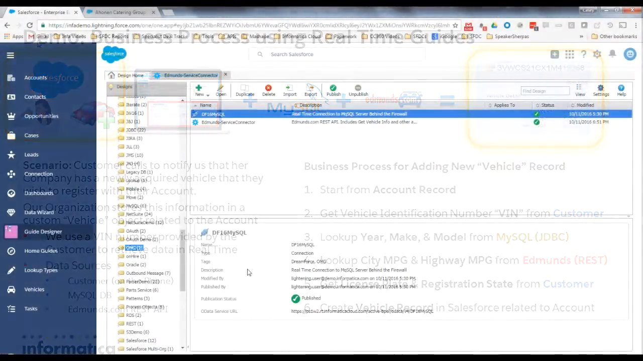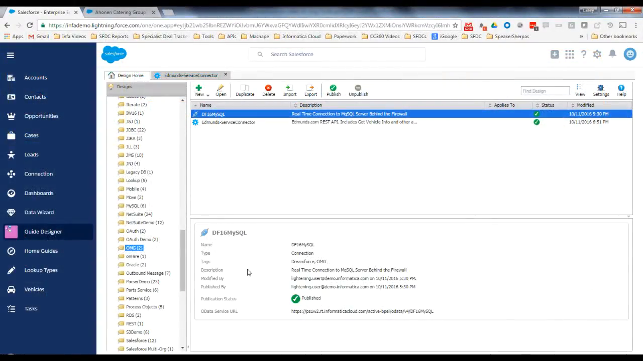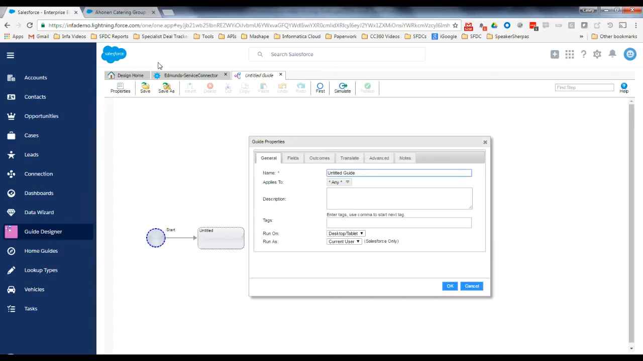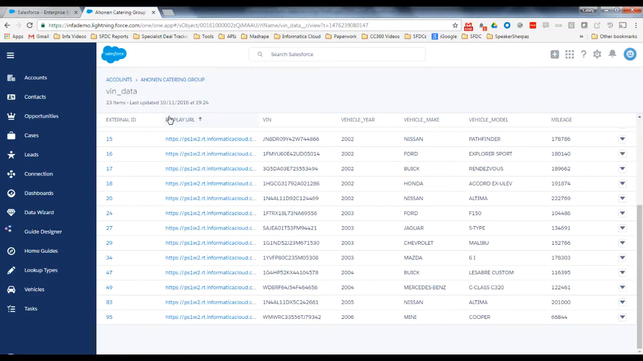So here, back within Salesforce, back within the Informatica Cloud Guide Designer, I'm going to go up here to New. And we're going to create a new guide. And this guide is going to be what's going to appear on our account page layout. And we'll show you here, at least briefly, where this